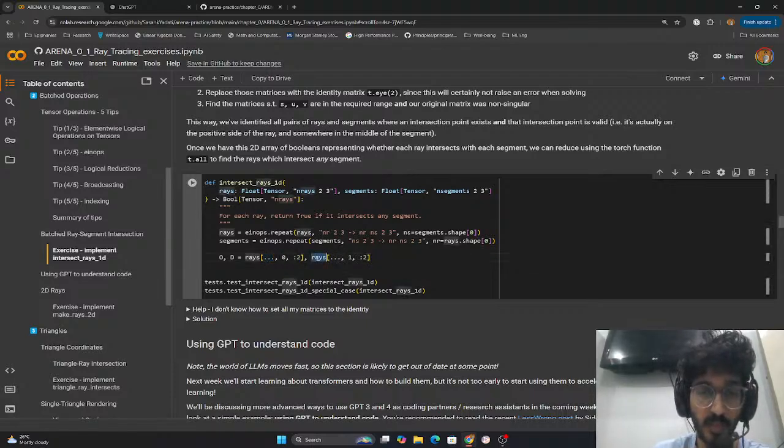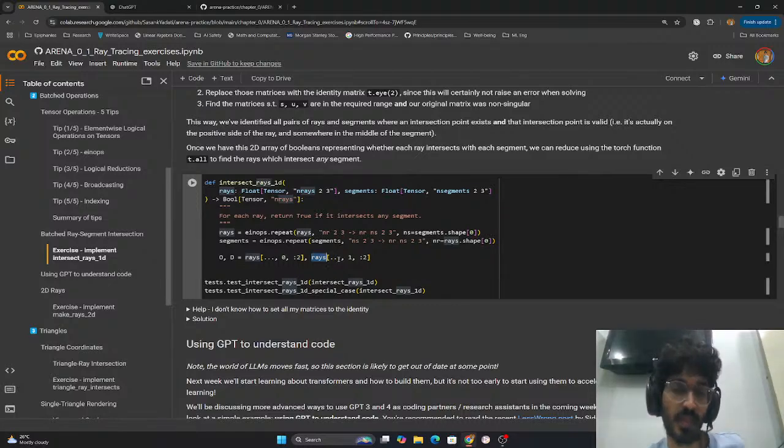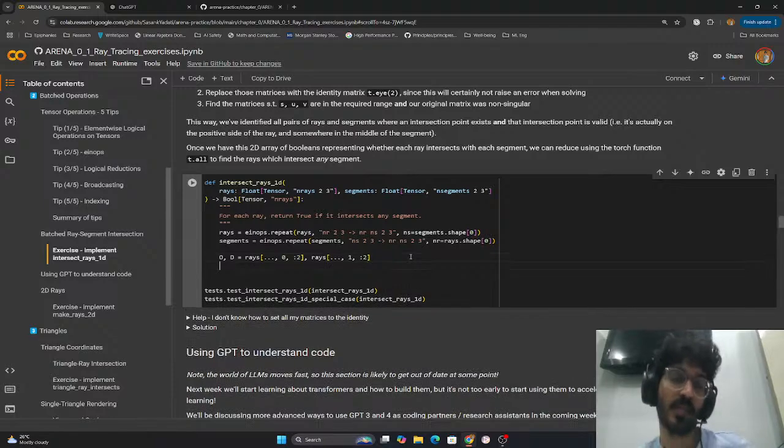I need everything. And from the second dimension for origin, I need the first value. For the direction, I need the second value, and I can ignore the z coordinate. Similarly, for line 1, line 2,